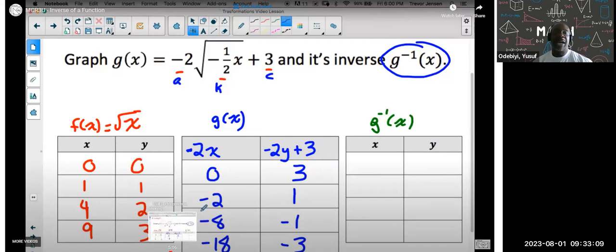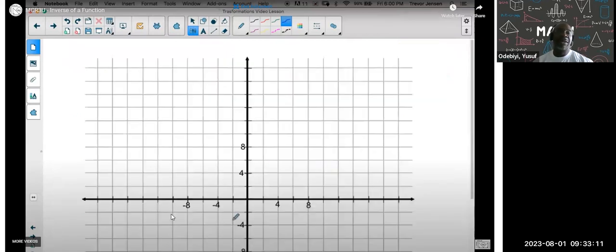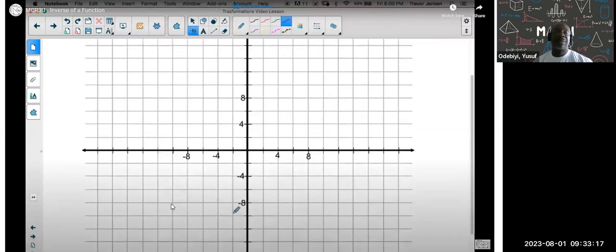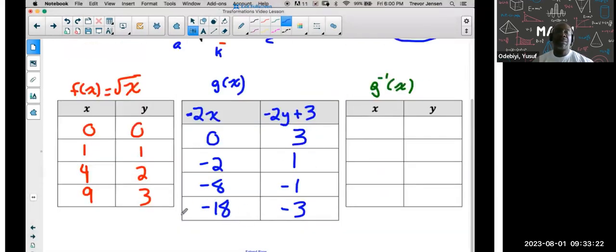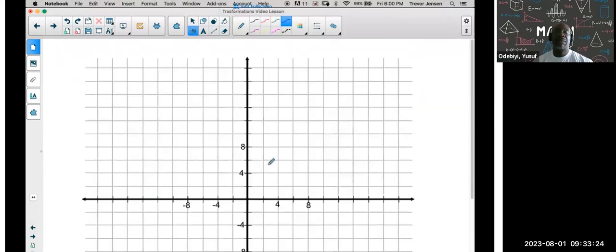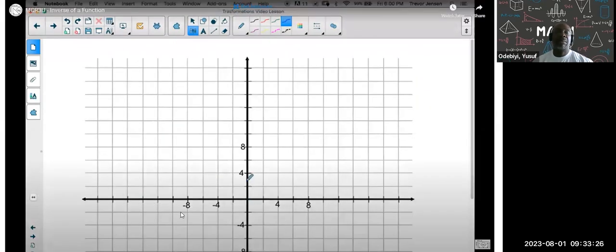Now I guess we can go into the plot. I had to go through it because I think it wouldn't make any sense to skip it all. You'll see some more of it later on, but I had to go through it. Notice I made my scale go by 2s so that I could actually fit these points onto the graph. So the point 0, 3. So basically he's going to graph the